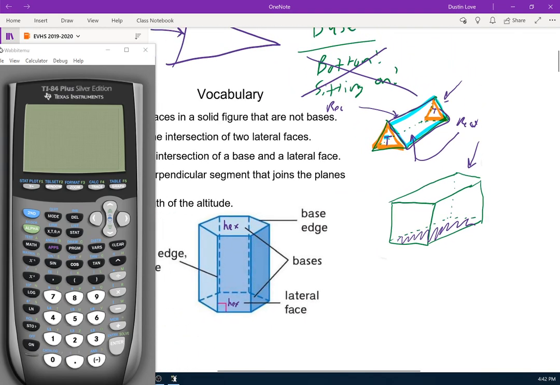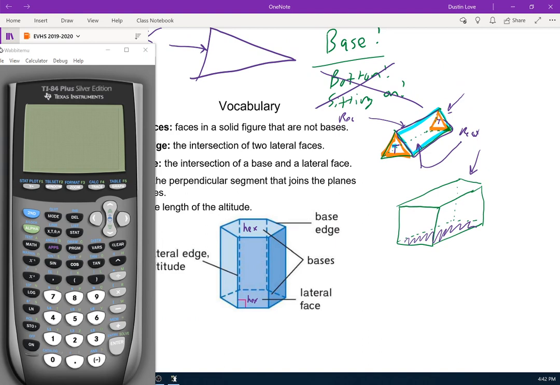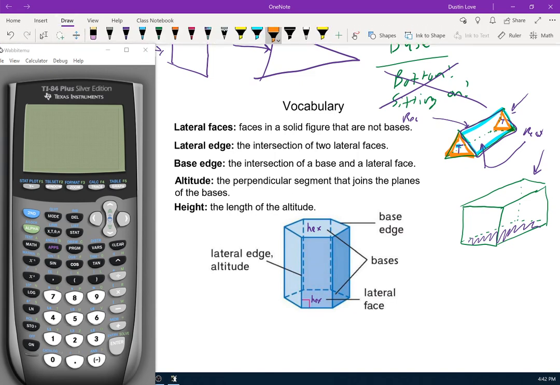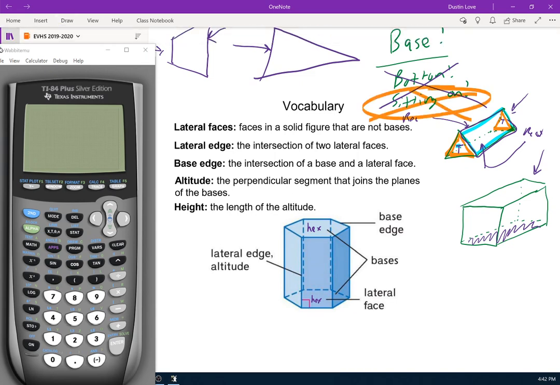Now, why in the world would I spend so much time talking about which one is the base? Because this idea right here about it is the one that it is sitting on. Please do not do that. Okay? It is done by definition, not by the way that it's sitting. So the reason that's important is because we have got to know the difference between the base and the lateral